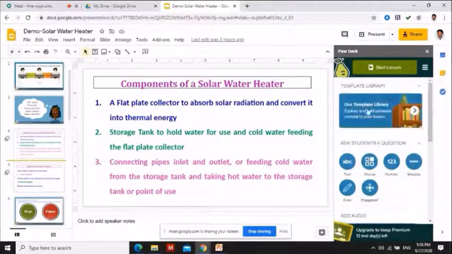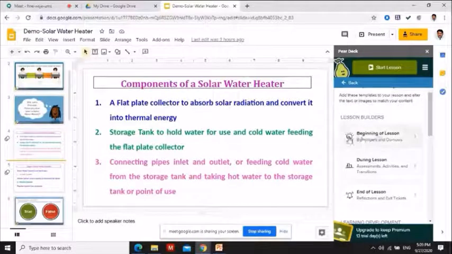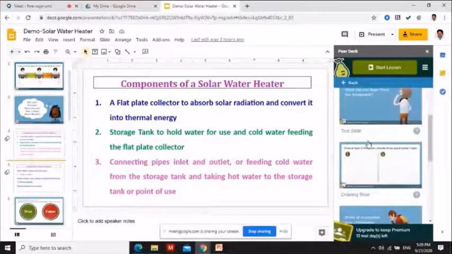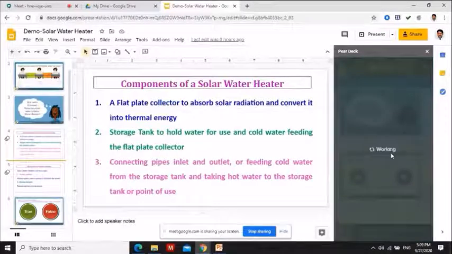It has a template for the beginning of the class, with the normal usual questions asked before the class, the usual questions asked during the class, and the questions you will ask the students at the end of the class. There are some standard questionnaires available. These slides can be inserted in your normal presentation, and you can edit the questions according to your situation. That is how PeerTech works.